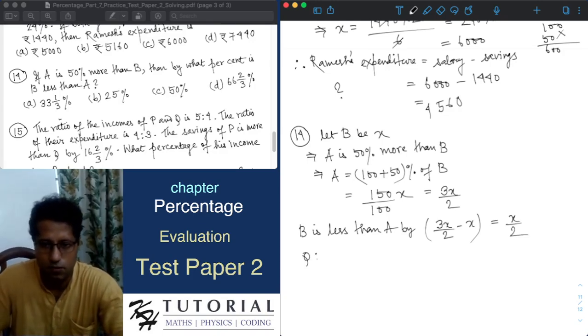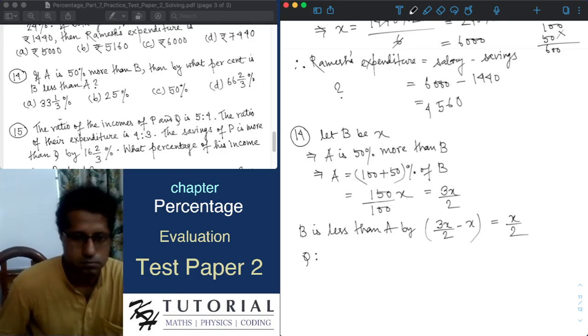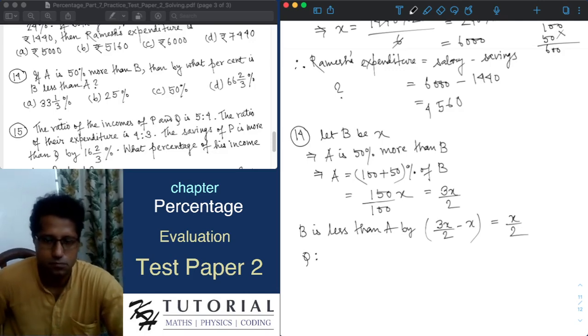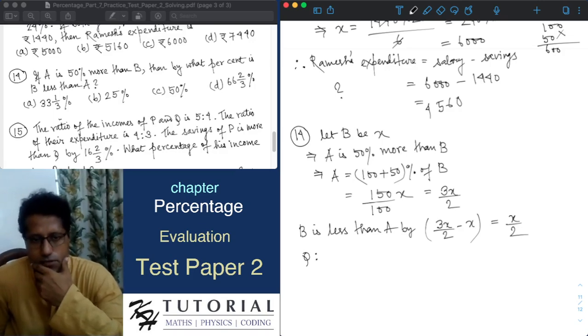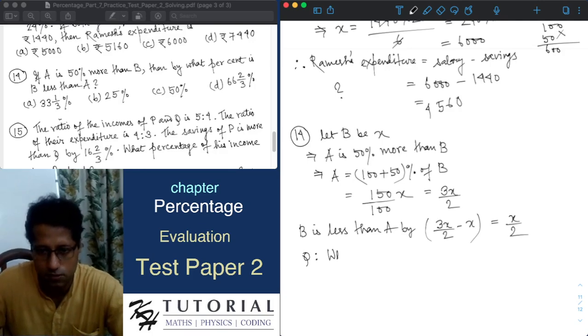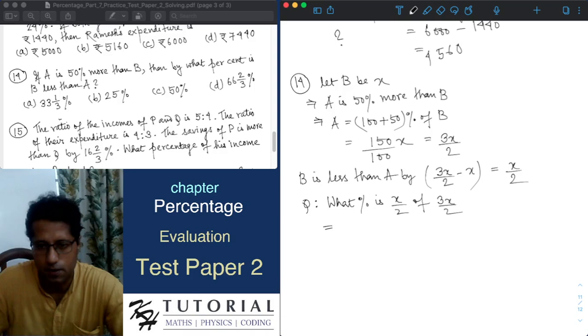Now it is asking basically what percentage is X by 2 of A. A is 3x by 2. It is asking by what percent B is less than A. So whatever that less amount is, we have to calculate the percentage of that less amount based on A. So we have to ask, what percent is X by 2 of A? A is 3x by 2. This is equal to X by 2 divided by 3x by 2